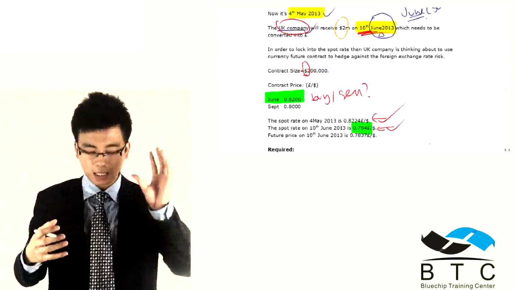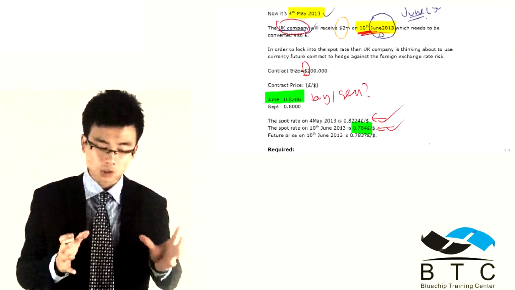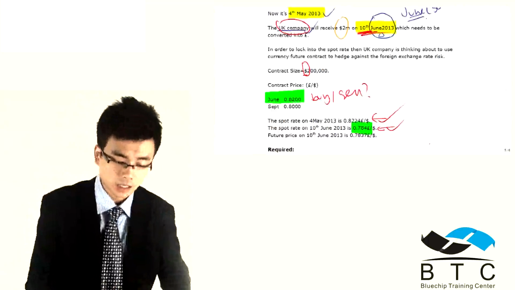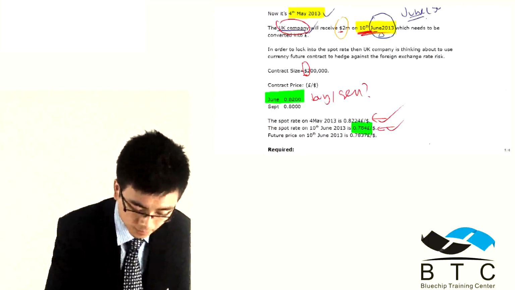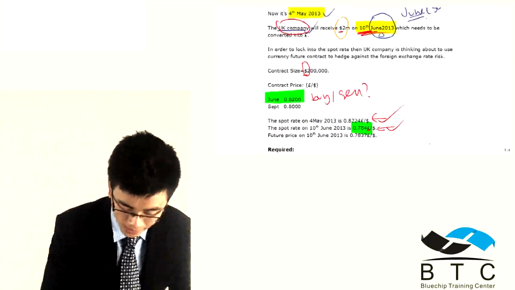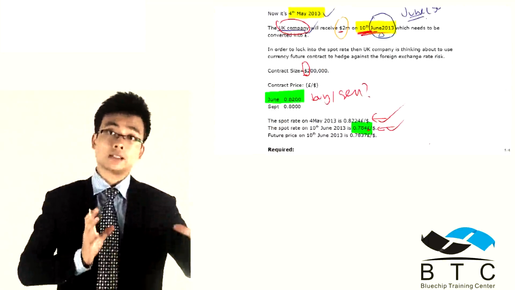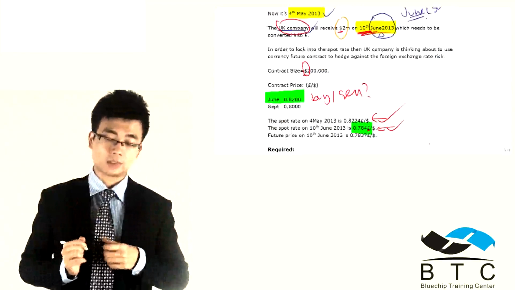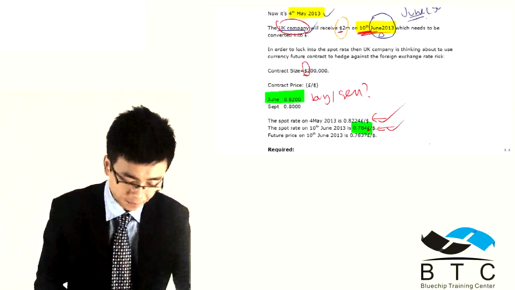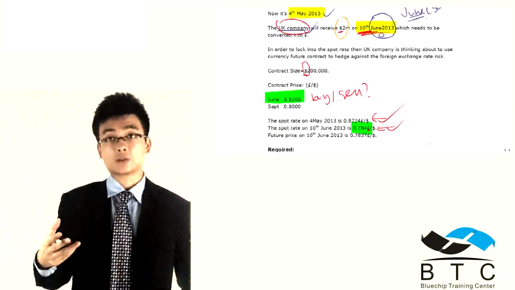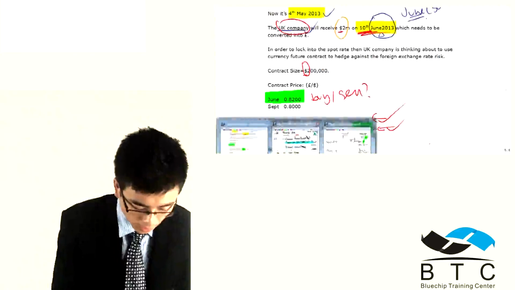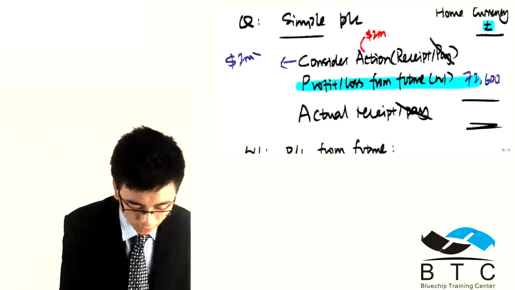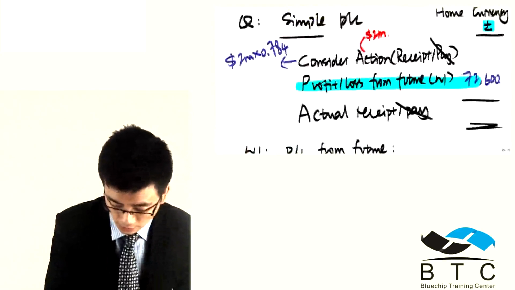The currency here is in dollars and this is in UK pounds, so they are different. To convert into the second currency, we multiply by this. So $2 million multiplied by 0.784, giving us the total figure of